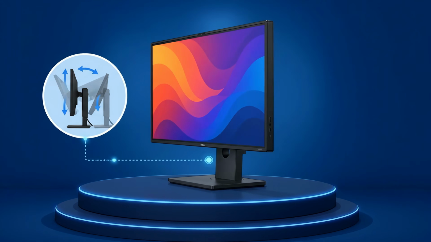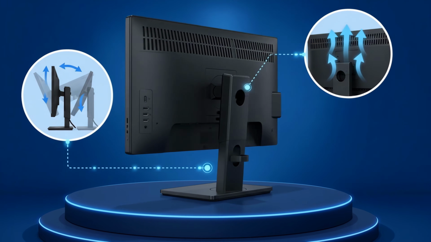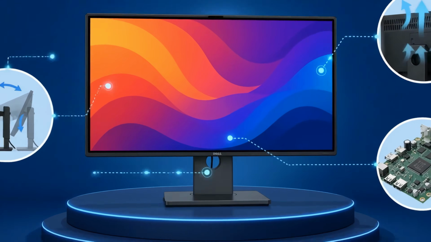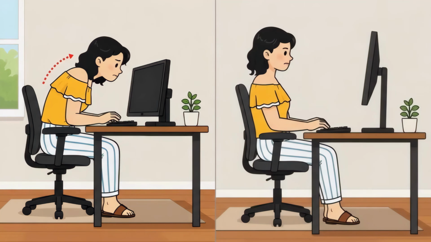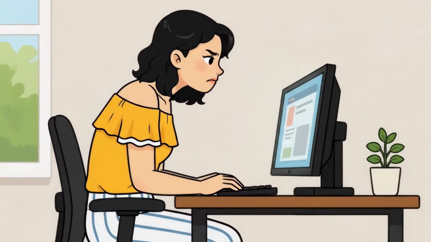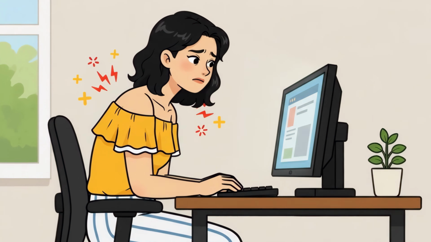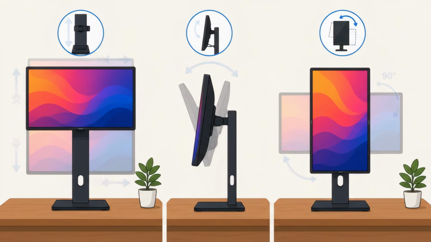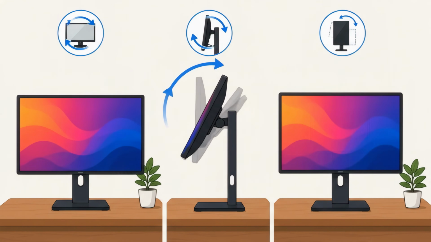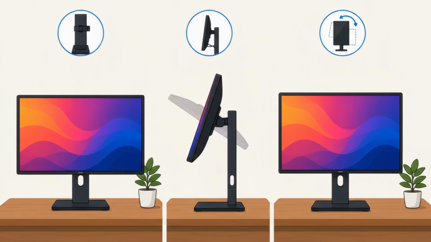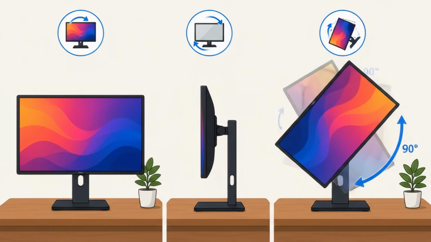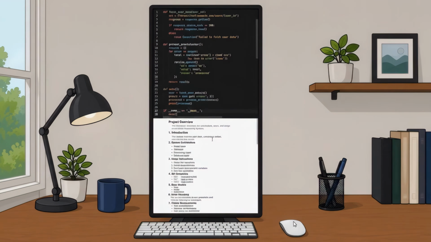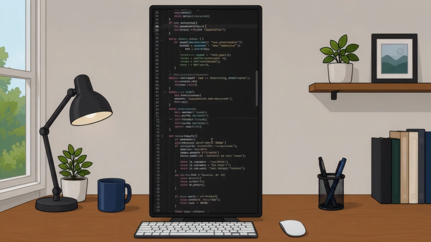Now, let's discuss the most frequently overlooked piece of hardware on a display: the monitor stand and its physical construction. A cheap, static plastic stand forces your body to adapt to the screen, leading directly to neck fatigue and bad posture. Your factory monitor stand should ideally provide smooth mechanical height adjustments, vertical tilt to block overhead reflections, and a 90-degree pivot option to rotate the screen vertically, which is an incredible secret weapon for tracking long lines of programming